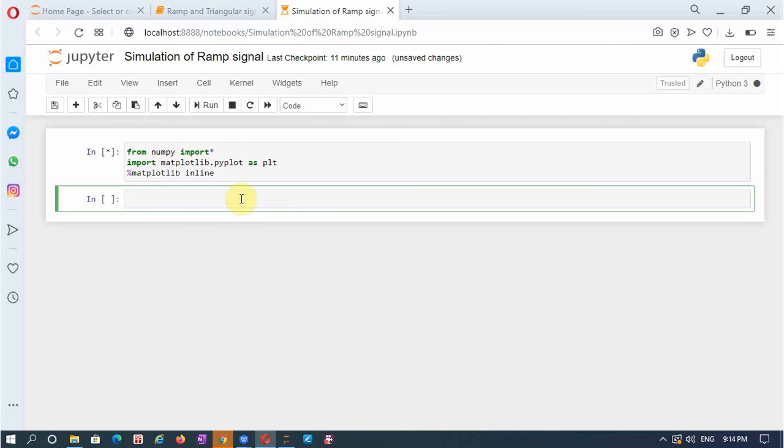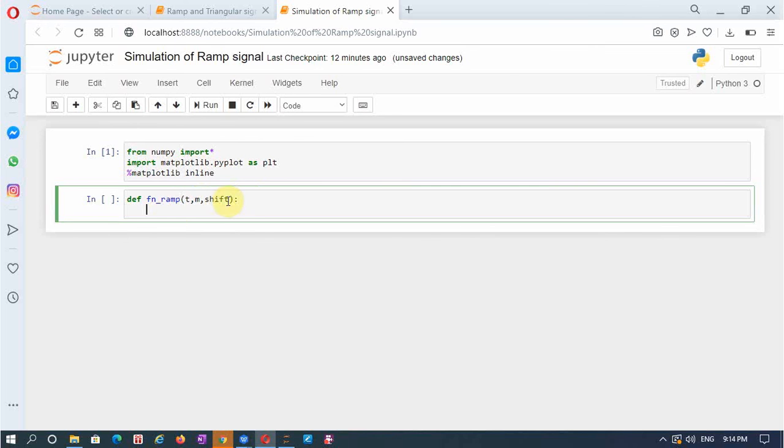which is a function of time, slope and shift. Let us define it as we did for a unit step function. We shall define a function, fn_ramp, which is a function of time, then slope, then shift, and after this line it has to be terminated by a colon.